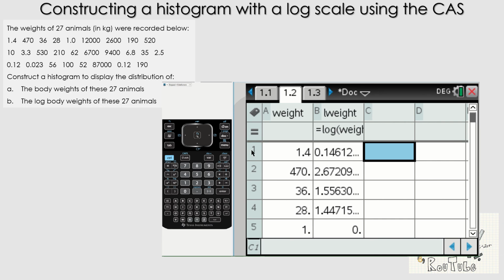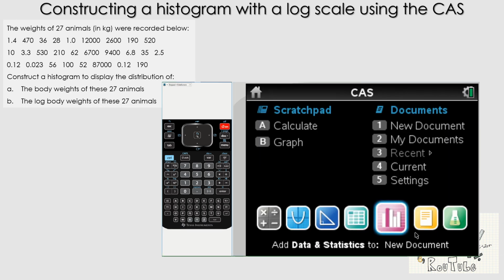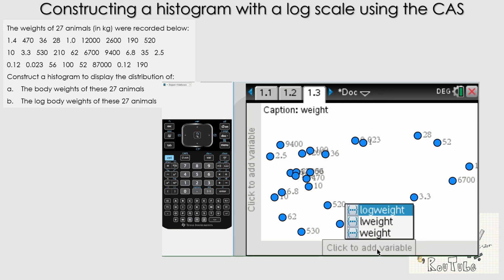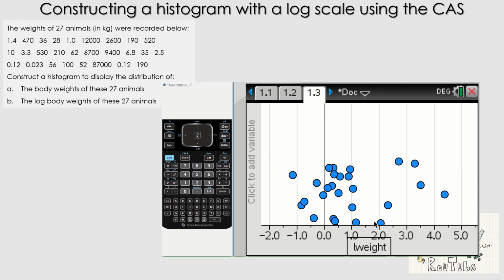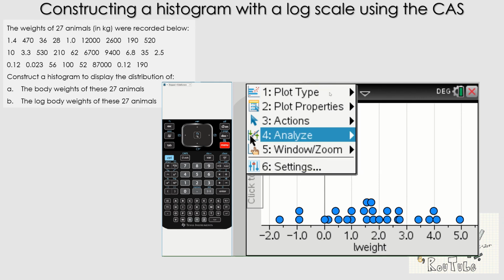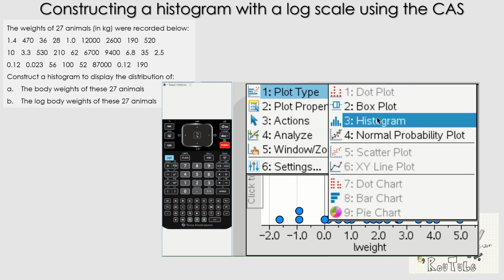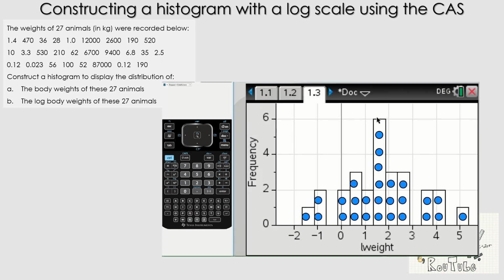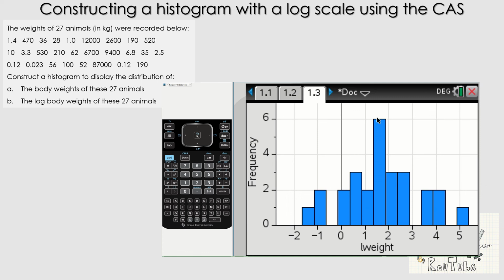Now if we go to a different page, our data and stats page again. Now instead of putting weight on our axes, we're now going to put L weight, which is our new values, and then once again menu, plot type, and histogram, and we can see we have a much nicer histogram, one that gives us a little bit more to talk about and a little bit more information in terms of